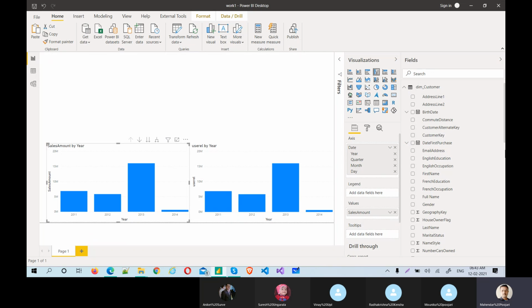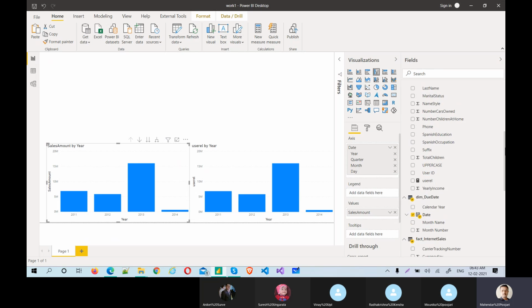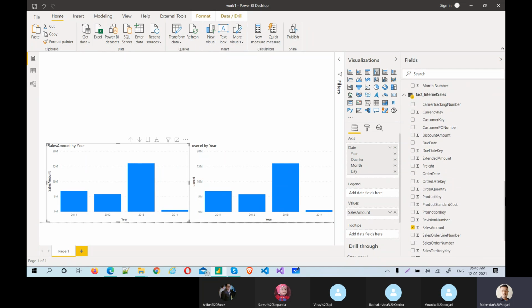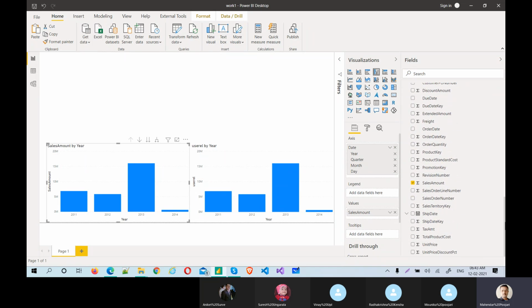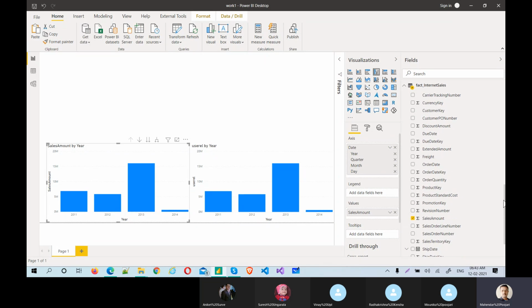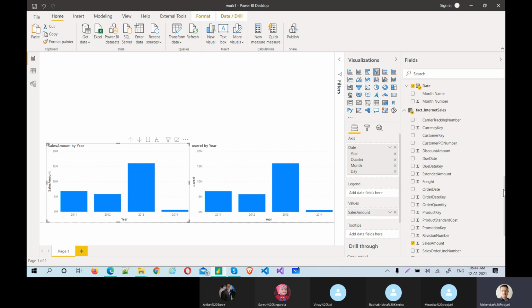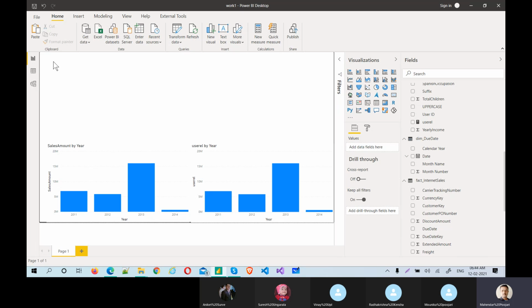What else can we take? Basically, the active relationship concept is not working here. I need to go with the fact column. Do we have any order amount? Unit price, to differentiate between the order and the sales, but actually I have only sales amount. Anyway, let's come to that tomorrow.